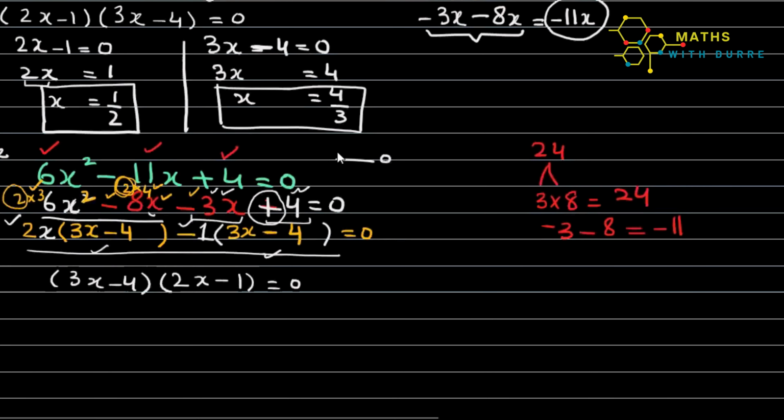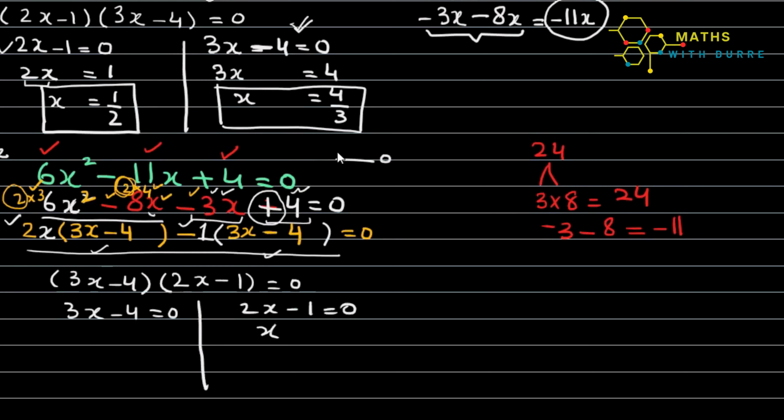Now you can observe that the only difference is that 3x minus 4 came in my later bracket and 2x minus 1, so the solutions of both brackets I am getting the same. So it means that I will get the same answers too. Now again I will put both of the values equal to 0 to get the answer of x. So it will be 1 over 2 and here it will be 3x, 4 I'm moving to the other side with its inverse relation, and now 4 upon 3 will be the answer.